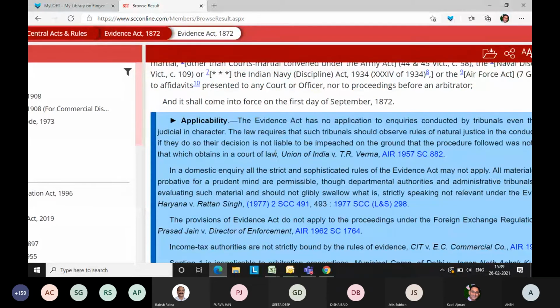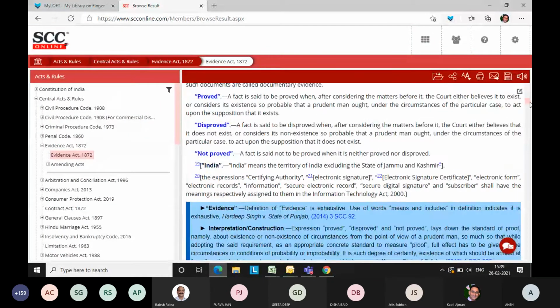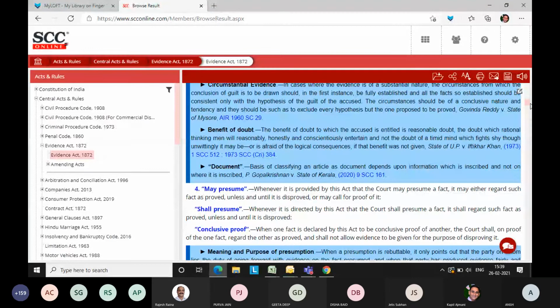So this has all been handpicked by our editorial, and you get to see this in the entire central acts. Most important judgments along with some important lines along with that citation references are available throughout in the central acts in the form of these blue colored highlighted portions. So that was the browse acts and rules.